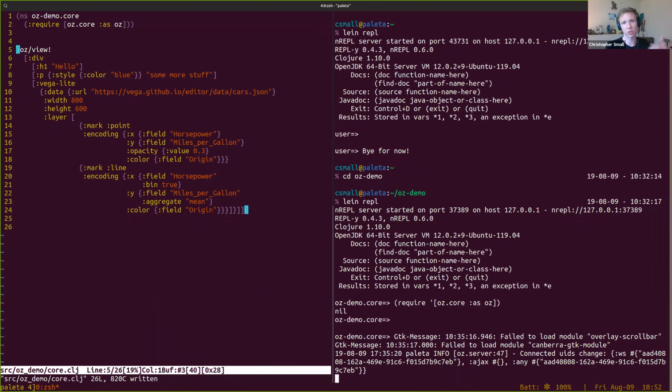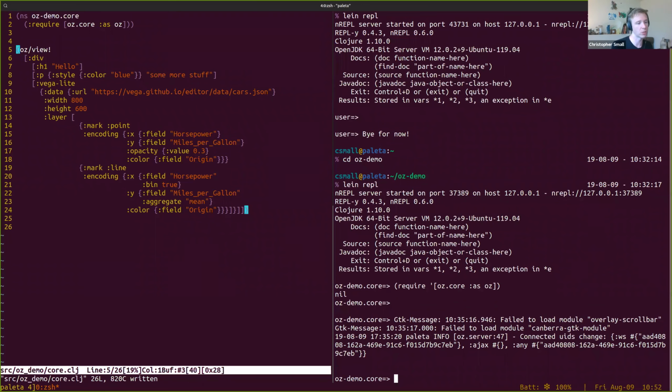So if you're running some machine learning pipeline, or downloading a bunch of data from the internet, whatever it might be that's taking up much time, you don't want to have to rerun that stuff every time. When I'm moving faster, it's because I'm just reevaluating the whole file. But having to highlight a specific chunk of code and evaluate it ends up taking more time. So one way to get around this is using the Oz live reload functionality,